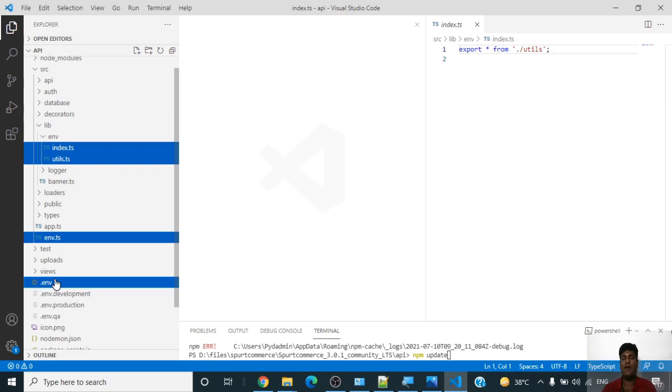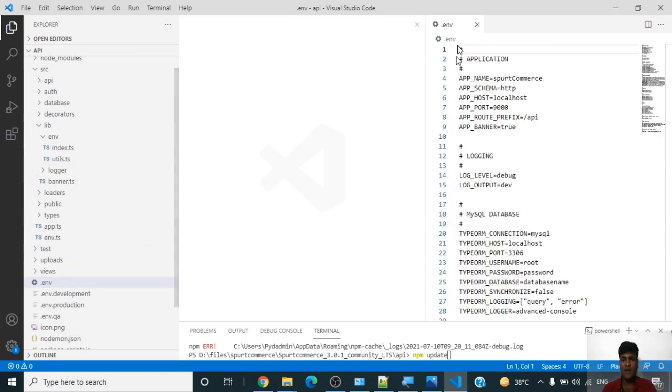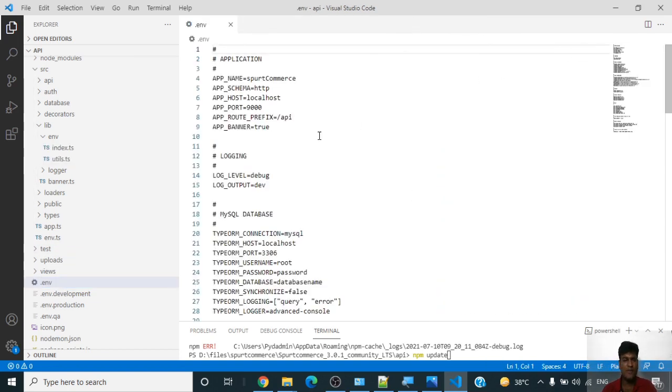What exactly are environment variables? Environment variables are the variables which are used by the entire application server consistently, which are used by different files at different places, and these variables should remain the same globally. So if I just go to the .env file, this is the file which contains all the environment variables. You see that there is a variable name, app name. This is the key, this is the value. Then the host is this, the port is this, the API root prefix is this, then API banner is true,